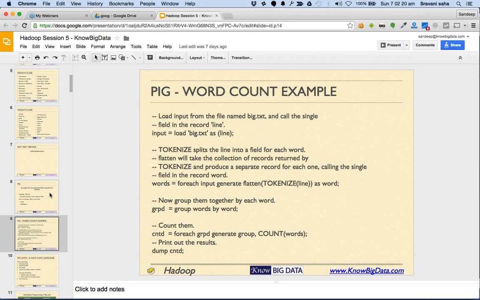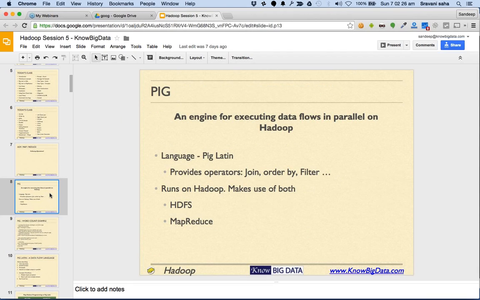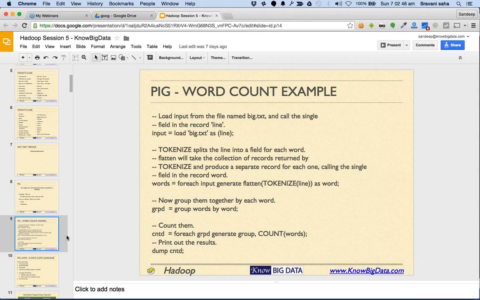So, the word count example. Yesterday we talked about why we require Pig. Pig is essentially a way of executing data flows in parallel on Hadoop. Pig executes something called Pig Latin, and it runs on Hadoop, making use of both HDFS and MapReduce. All right. Now,